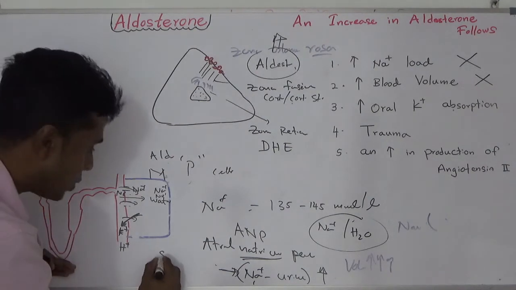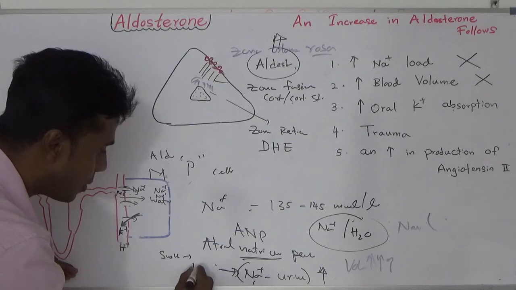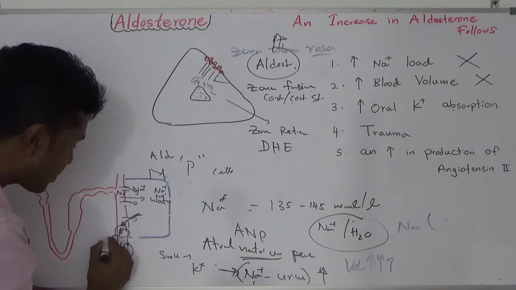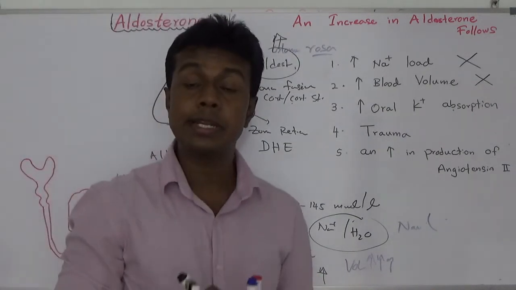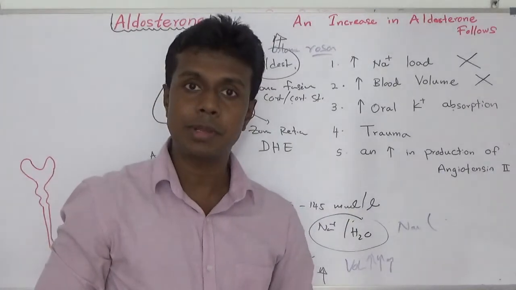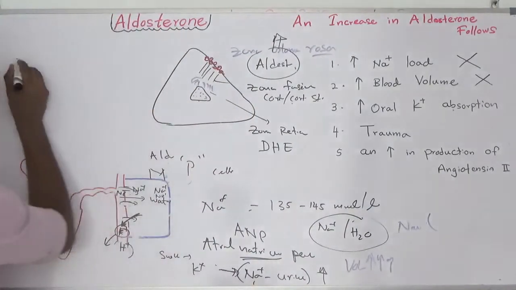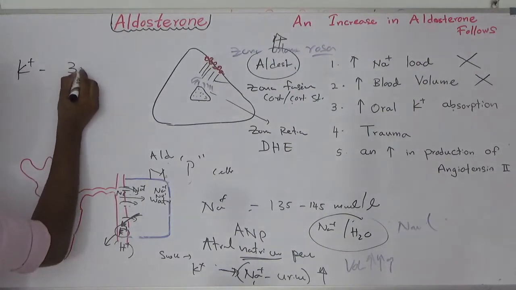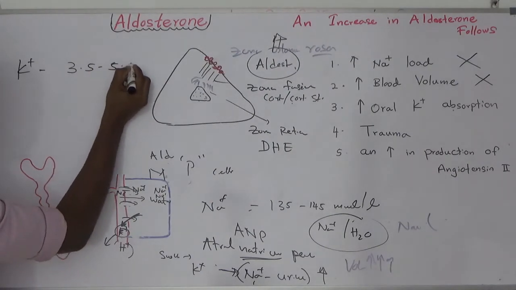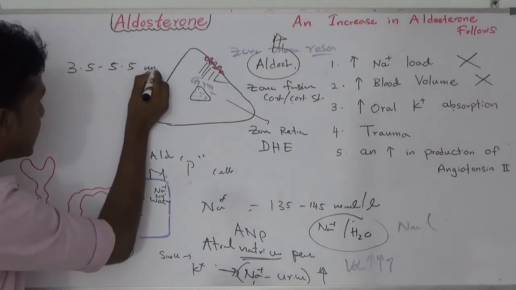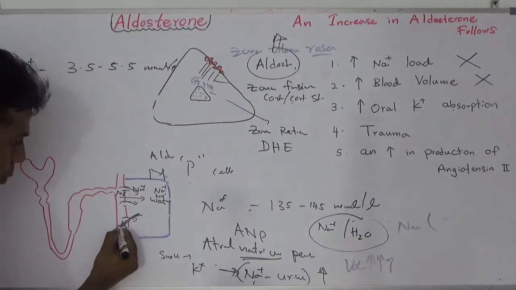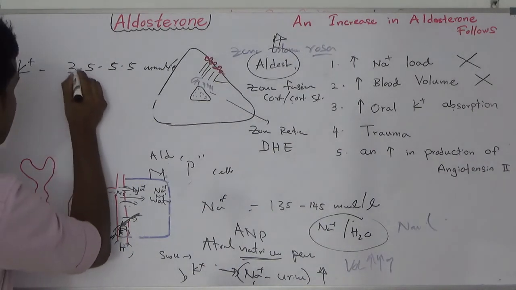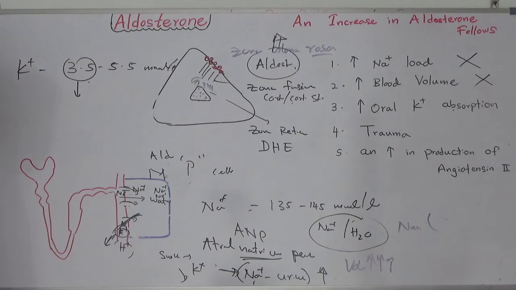This happens in the sweat gland as well. The sweat gland is going to lose potassium, and here also they are going to lose potassium. Now you have a deficiency, a marginally low potassium level. What is the normal potassium level? If I check your serum potassium right now, it is somewhere around 3.5 to 5.1 or 5.5 millimoles per liter. Now what happens? More potassium is lost from the sweat gland and the renal tubule, so you can reach the lower limit of potassium.